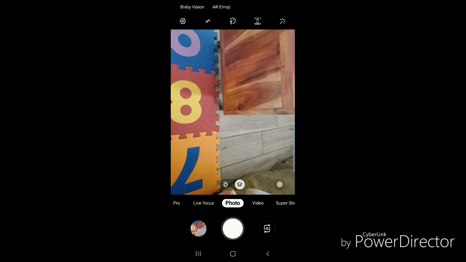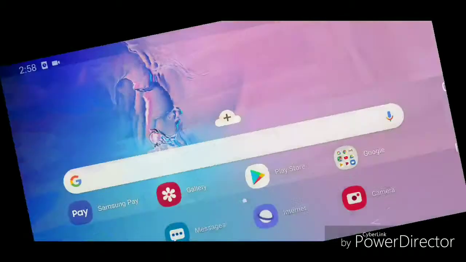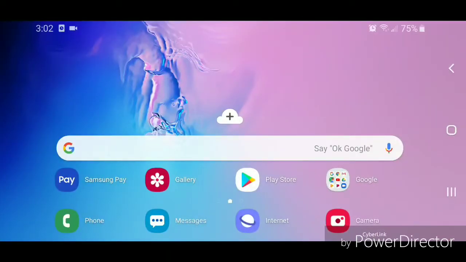And now I'm going to take another picture. As you can see, once I do that, it automatically opens a preview of the picture that I just took. Alright, so that's how you use Quick Review for the camera on the Samsung